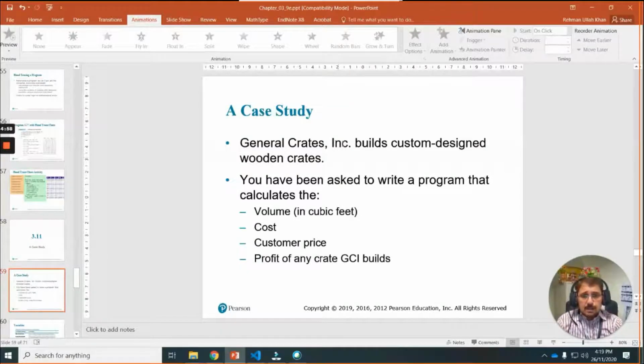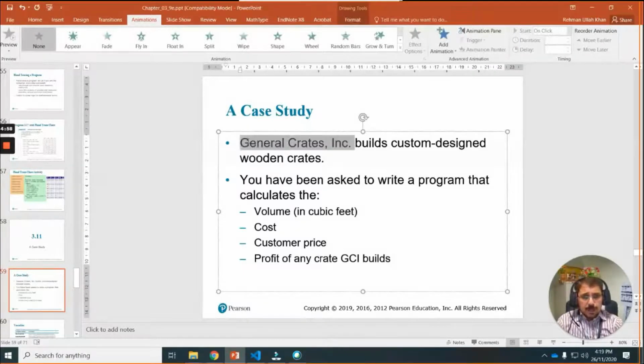General Crates Incorporation, this is a company name. It builds custom designed wooden crates. So you have been asked to write a program that calculates what?